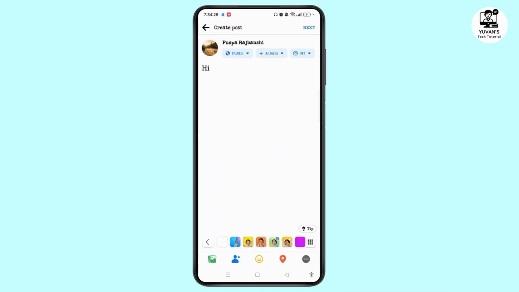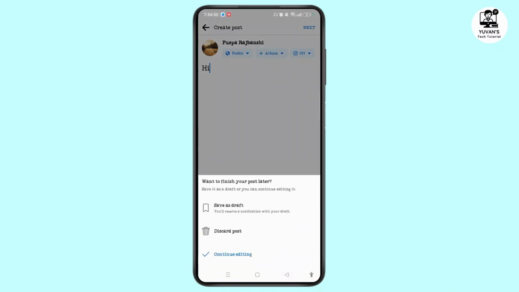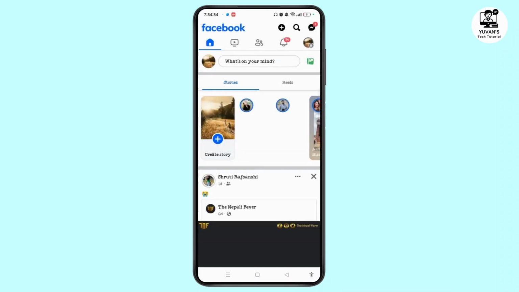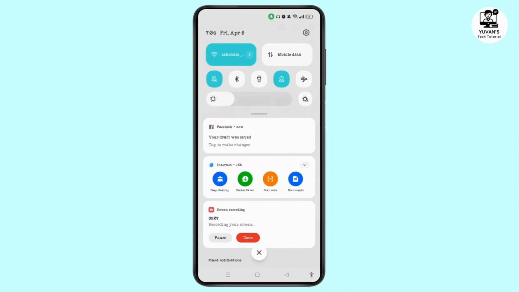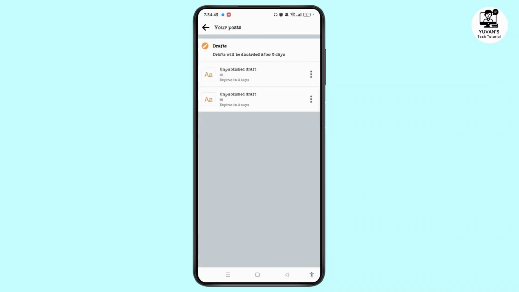And after you have created a draft, come back again, and here you can see the option of Save as draft. Tap on it, and now you will be notified by Facebook. Here you can see the notification, so simply tap on this notification, and here you can see the list of